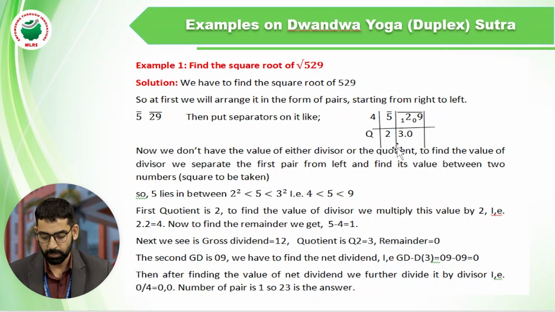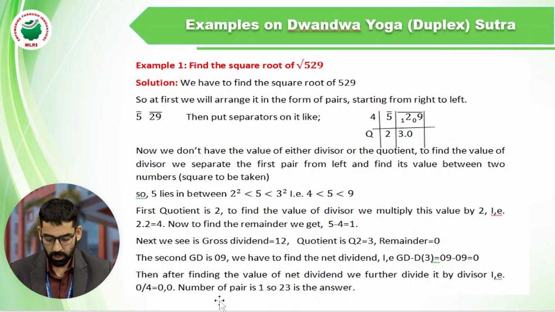So when we take the duplex of 3, the duplex of a single number equals the number squared, that is 9. So 9 minus 9 equals 0. So you have to divide this net dividend by the divisor, which is 0 by 4, equals 0, that is quotient 0, remainder 0. Put the quotient here and the remainder goes to this compartment, but here the number ends, so we